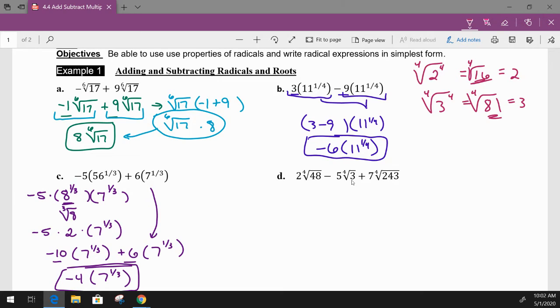If you look at your middle term, you have a fourth root of 3. 3 is a prime number, so this middle term probably cannot be simplified. So it's most likely that these will be factored into fourth root of 3 times fourth root of something else. So the first term